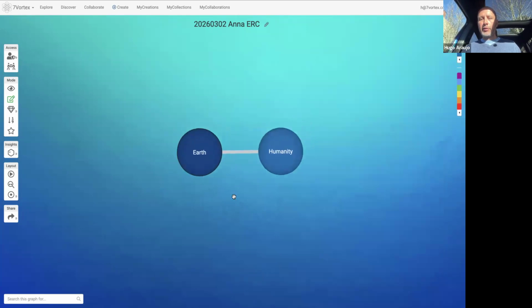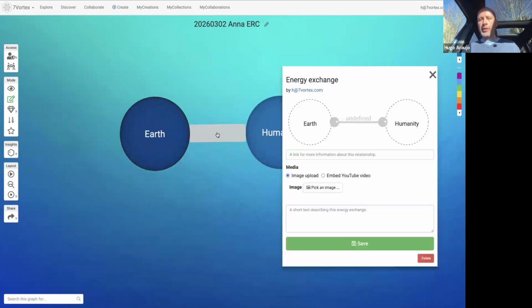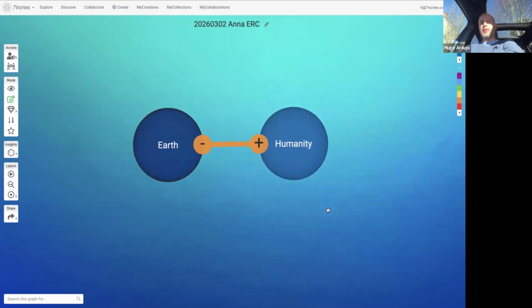And if you see, this relationship is what we are all struggling with, because right now, the humanity is extracting resources from the planet. So this is what is different from this kind of mind mapping tool. So if you put it here, this is the relationship that we have, and there exist six types of different relationships in biology or in ecology. So this one is predation, for example.